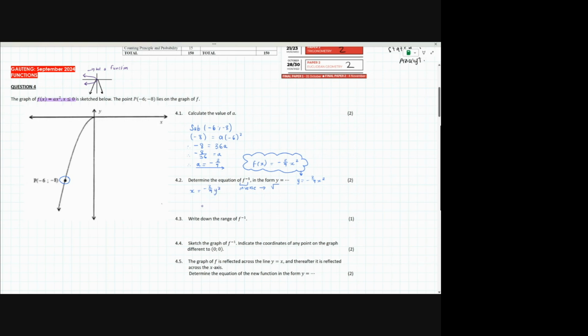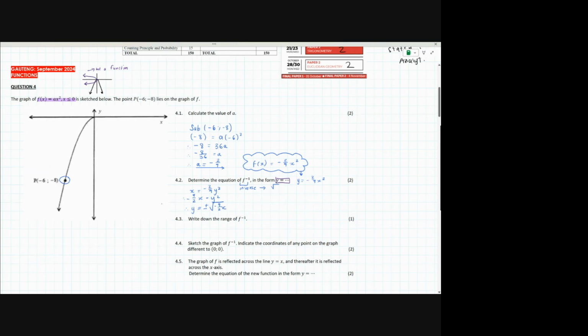-2/9y squared. And then our goal is to solve for y, because as the question asks us to do, it says determine the equation of blah, blah, blah in the form y equals. So we want y alone. Right, so what we're going to do first off is we are going to divide both sides by the -2/9 to get the y squared alone. And so that means I end up with -9/2x is equal to y squared. And so y is equal to, now remember when you introduce a square root, we've got plus or minus square root